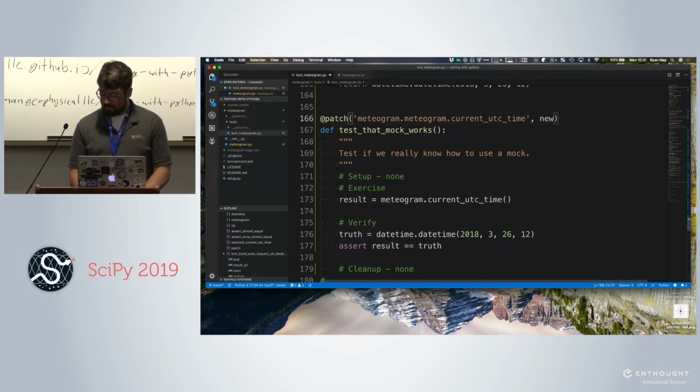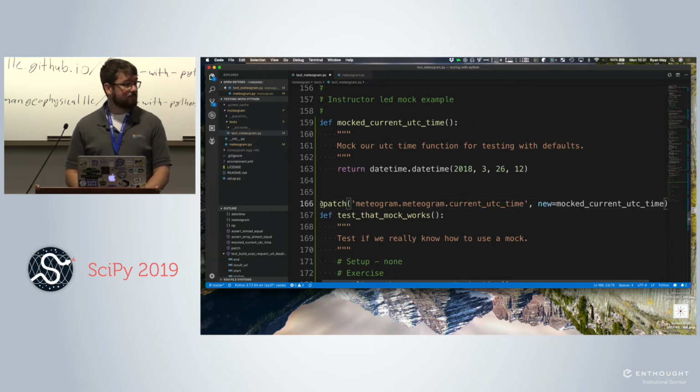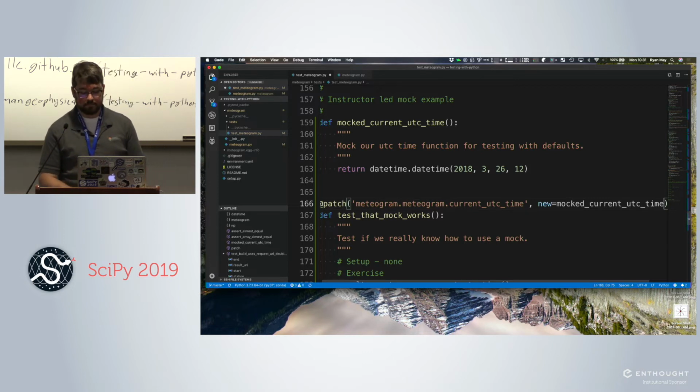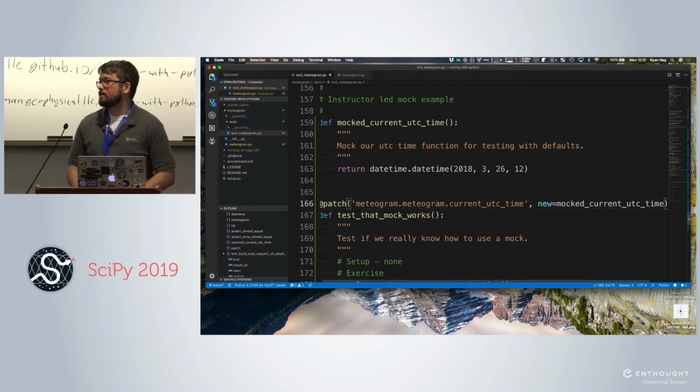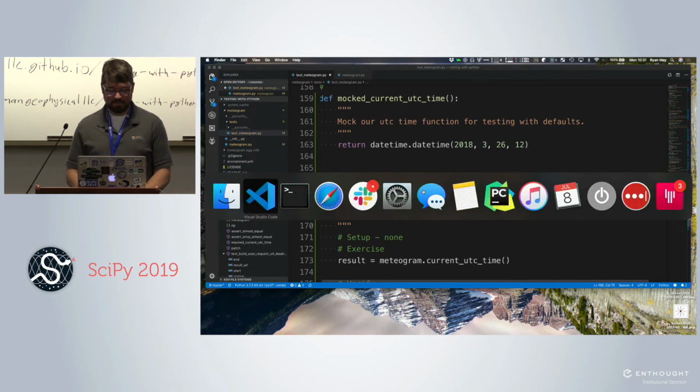And then new is equal to whatever function we want to replace it with, which in our case is mocked current UTC time. This function is taken from the suite scope. So if I do it for numpy as np, I should write np there or numpy. I guess I can try both. Off the top of my head, I'm not sure which way you would have to do it. So the question was the namespacing of this. Would it be np dot, and I'm guessing it would be full numpy, but that's a good one to try.